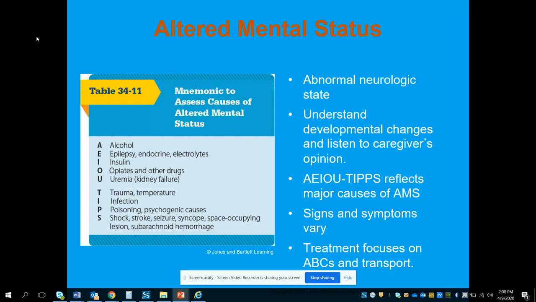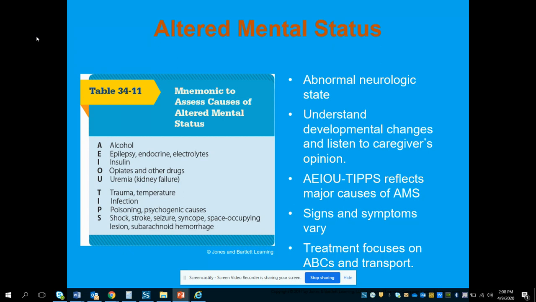For altered mental status, there are some things we want to consider here. Understanding the developmental changes, know what's normal for the child, asking the caregiver's opinion. Is this an appropriate response to you or is it not? The signs and symptoms of altered mental status may vary, and the AEIOU TIPS is just simply a mnemonic for us to try to remember potential causes of altered mental status so that we can try to rule some of